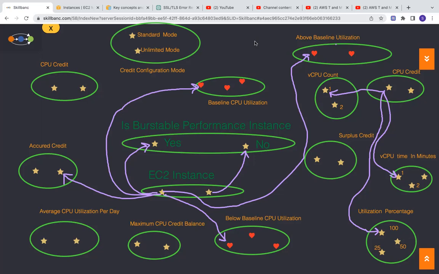This model will be imported into the skill bank system, and it will store this model. Which means the system understands whether an instance is burstable or not, and the calculations and all that can